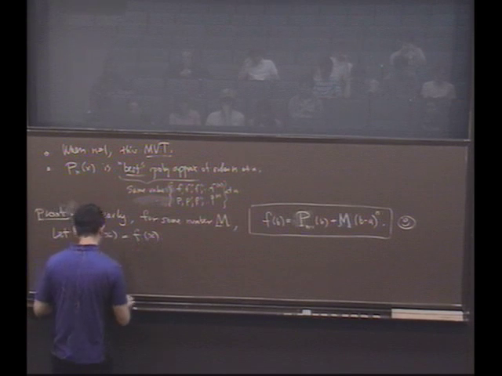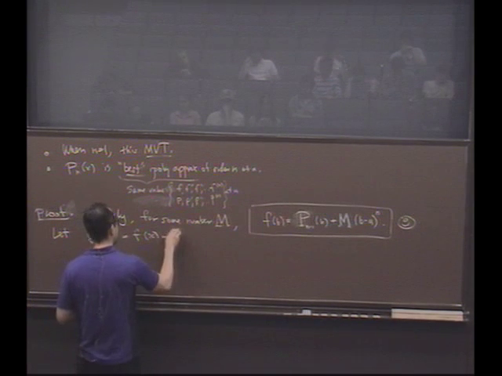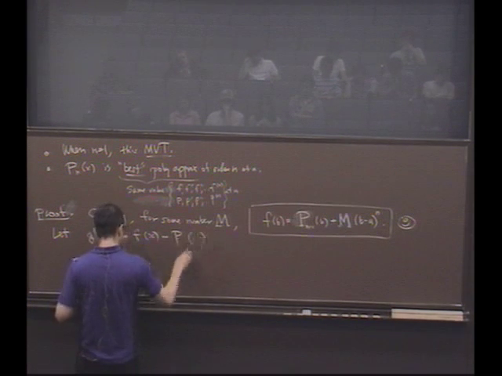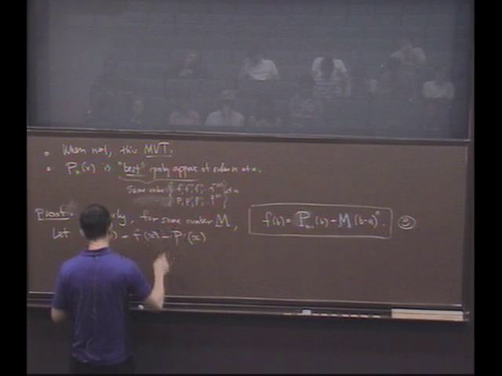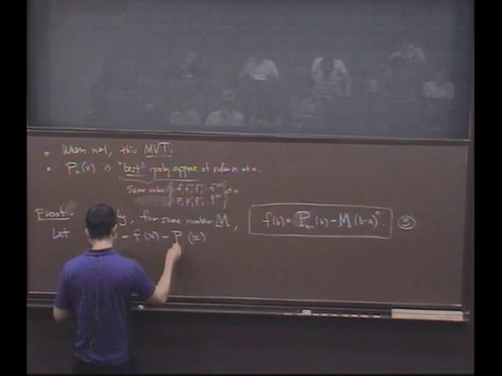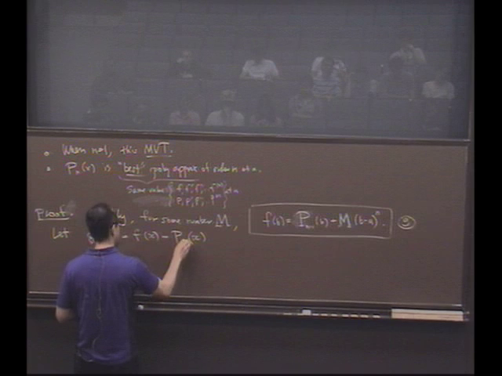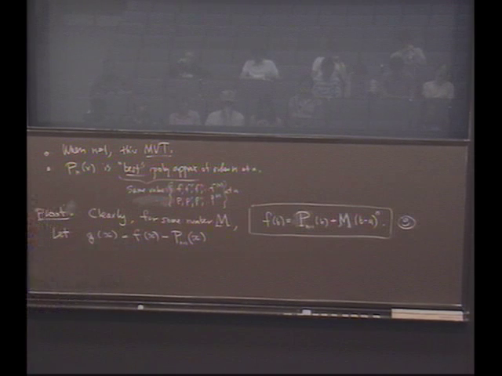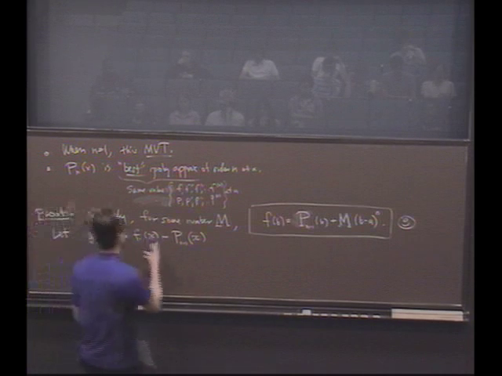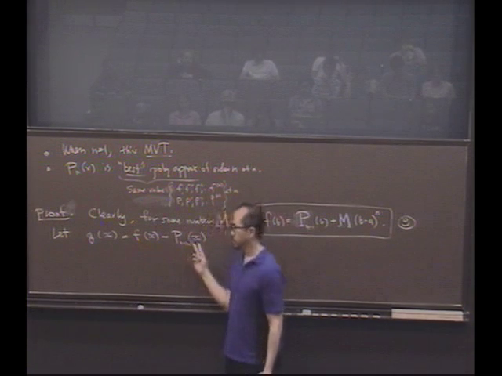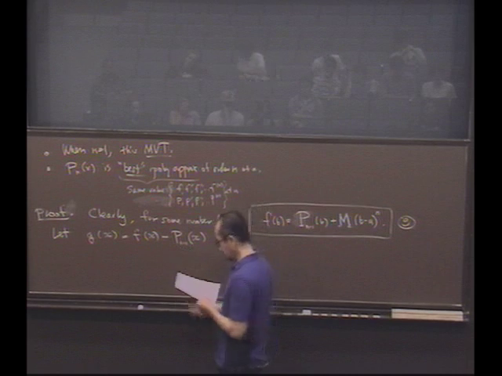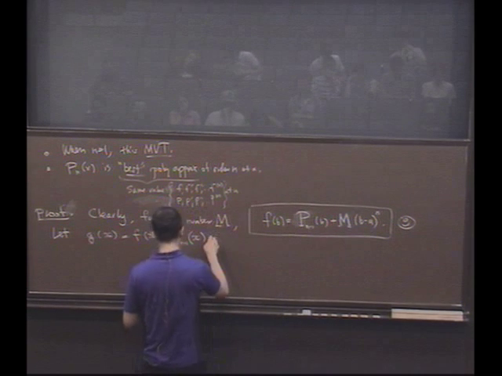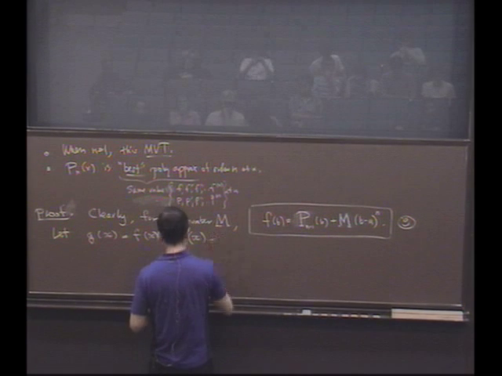So that's the original function I'm interested in, minus the polynomial at x. Hopefully these are quite close, yes? This polynomial is the thing I'm comparing it to. I hope this is small. Are these going to be equal? No, not necessarily. So let me subtract off